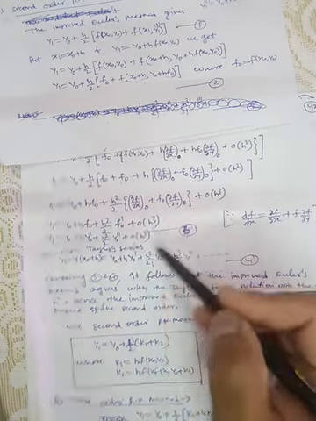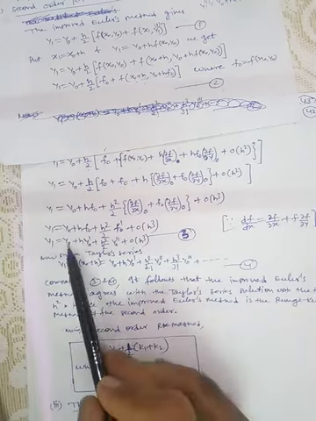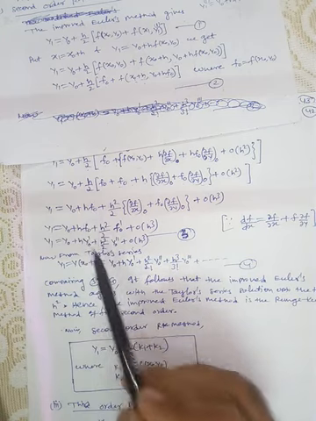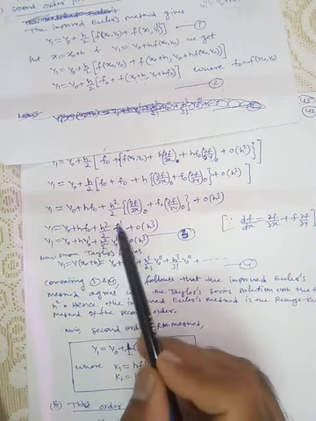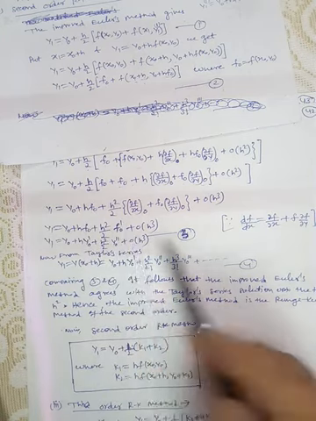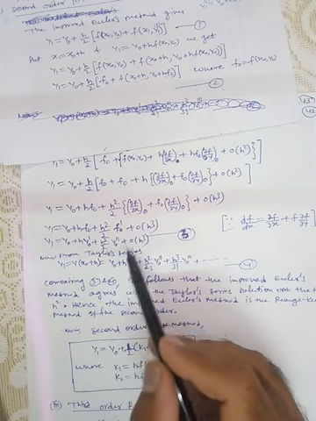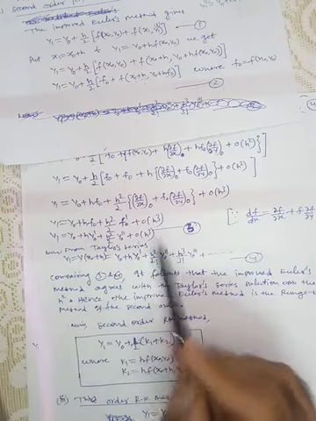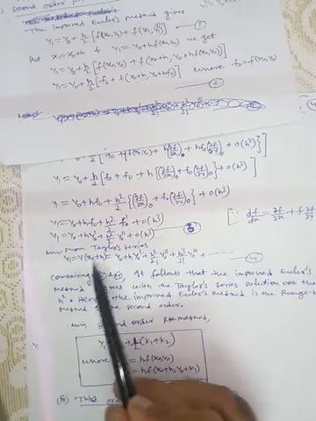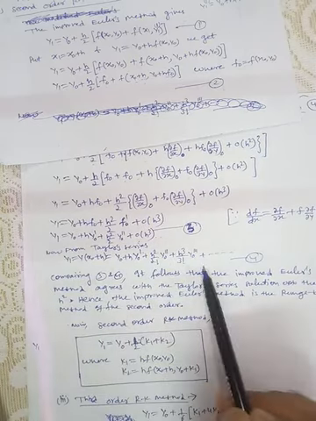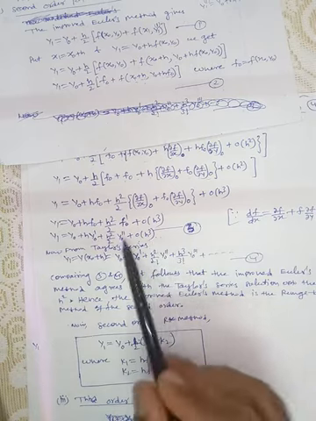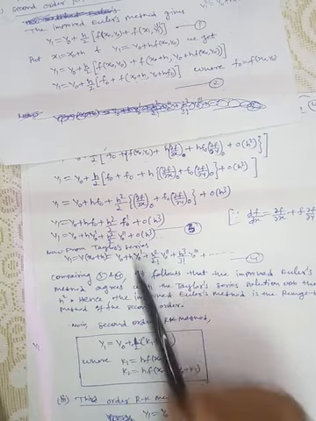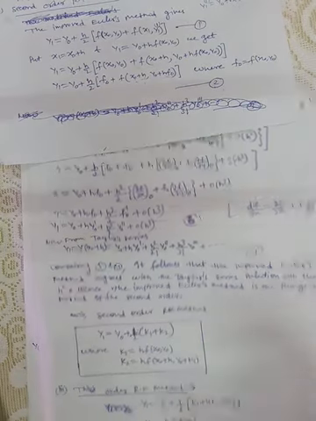Fine. So after simplification what we will get is y naught plus h y naught dash, which is nothing but f naught, plus h square by 2 f naught dash, which is nothing but the second order derivative of y at 0, plus higher order terms. So this is from the method. Now from the Taylor series, y1 is y at x naught plus h, which can be written as this. If you compare these two, you will see that they are the same up to the second order term h square. That's why this is a Runge-Kutta method of order 2.